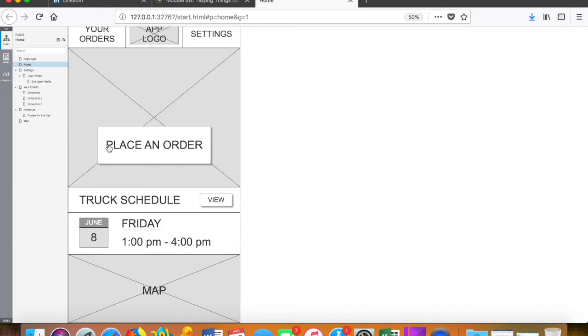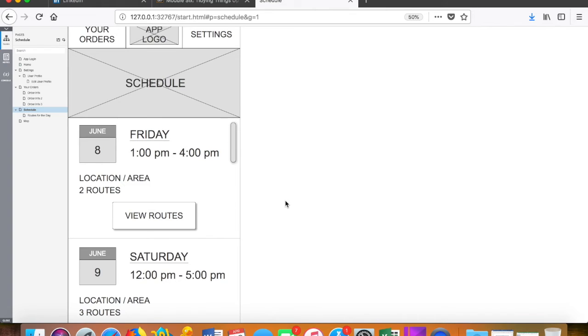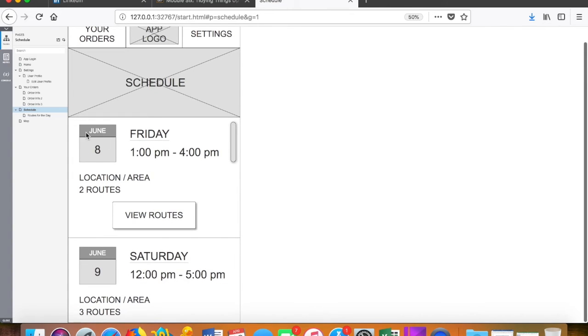Like, look at this button, place an order. We're spelling that out for them. So when it comes to the truck schedule, this is where that location area is going to come into play. And the truck schedule will have a design similar to the rest of the options and functions in the app, but I wanted to keep consistent a specific look for each kind of different function, so